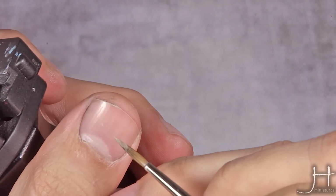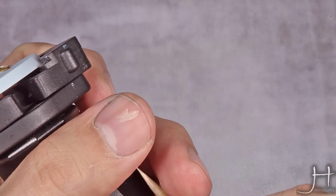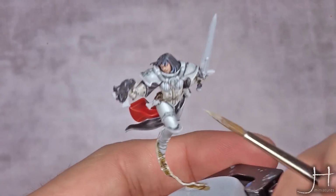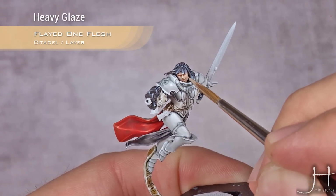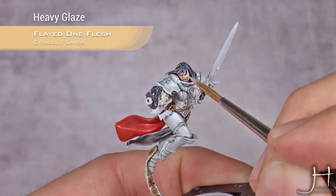Now moving into the highlights, and first I'm going to use Flayed One Flesh. This is the kind of consistency I'm going for. So quite transparent, but not a glaze. I'm going to pick up nose, top of the cheeks,